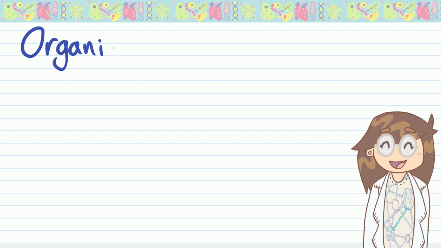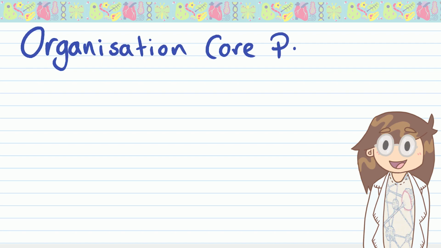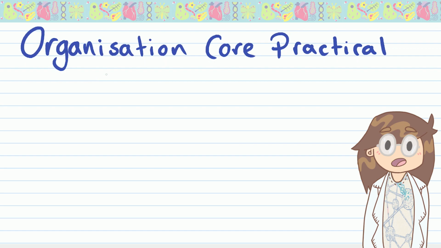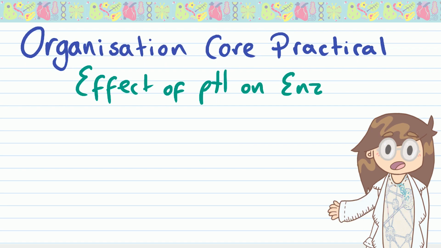Doing some more organisation topic today and having a look at the other core practical. So this time we're going to be looking at the effect of pH on enzyme activity. Now putting it into plain English, that just means we're going to look at how changing pH, so acid and alkali conditions, affect how well an enzyme works, so how fast it's going to break a substance down, for